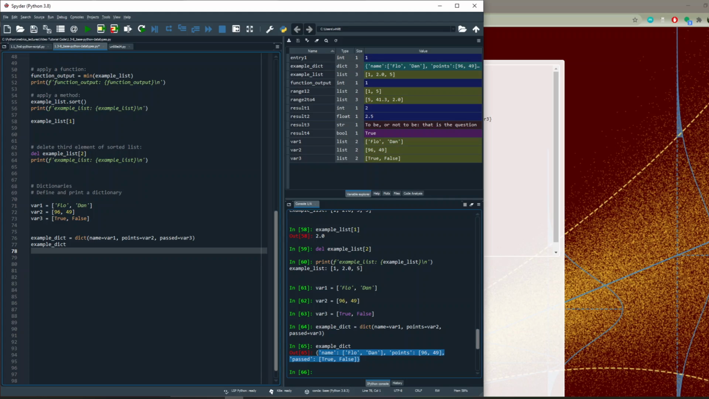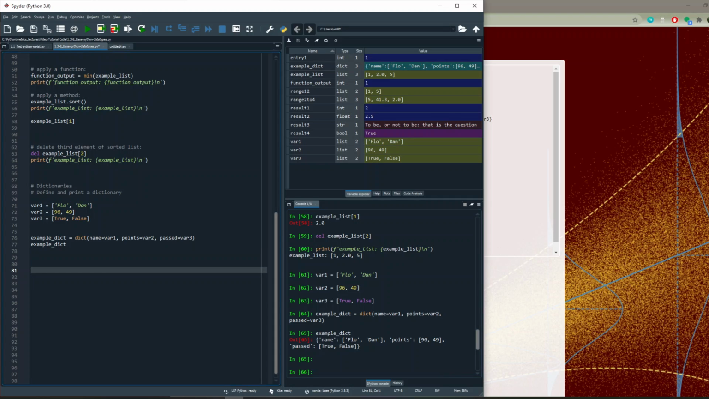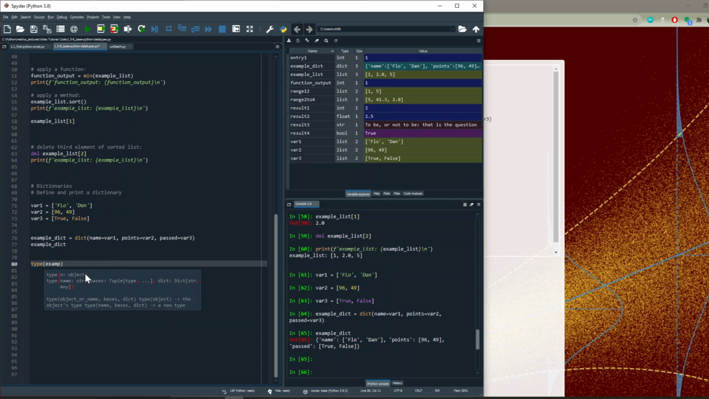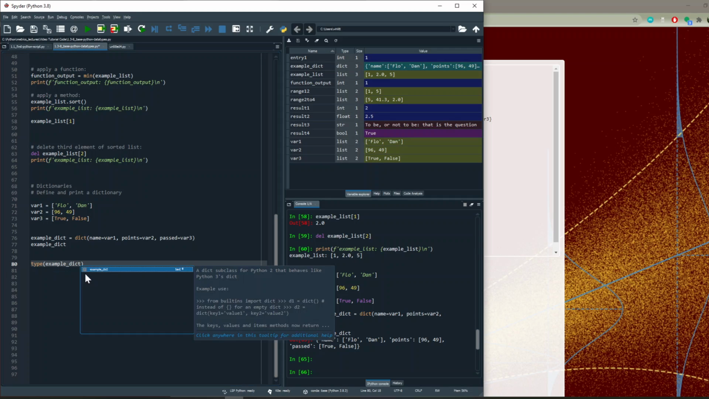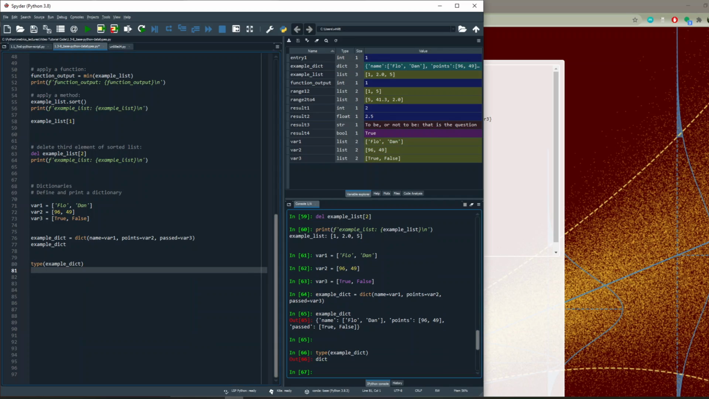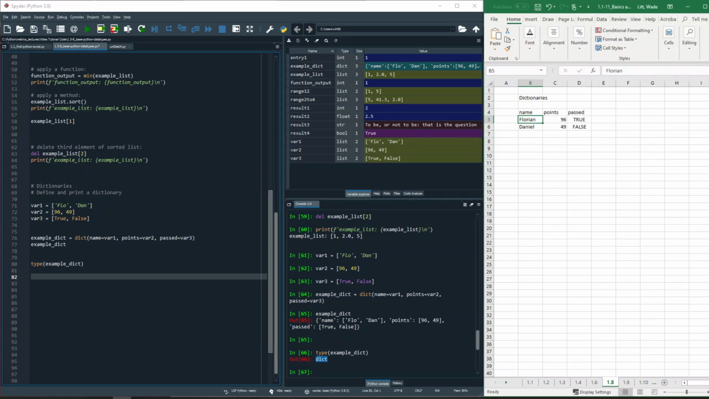We could also look at the data type as we've done in the past. Well, let's go ahead and type it out. It's better to work together. So to access the data type, we can say type of example dict, and we see that it's a dictionary. Okay, so same thing, just as we access different items in lists, we would do the same thing with